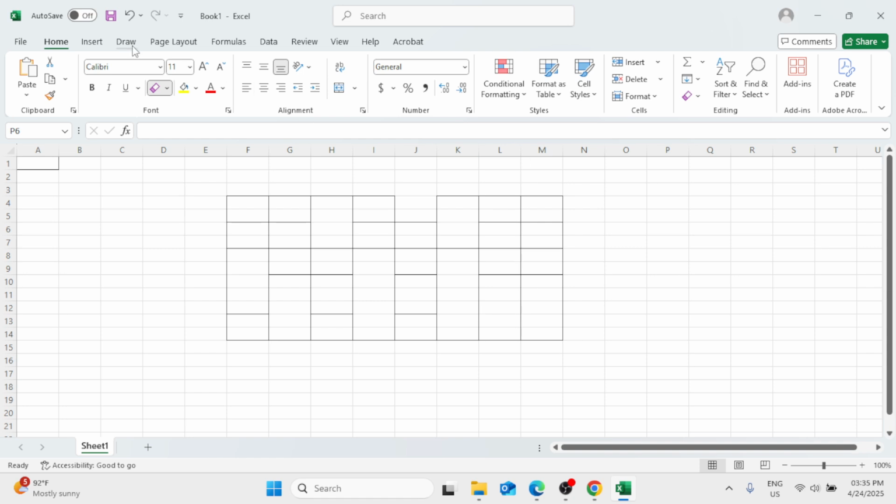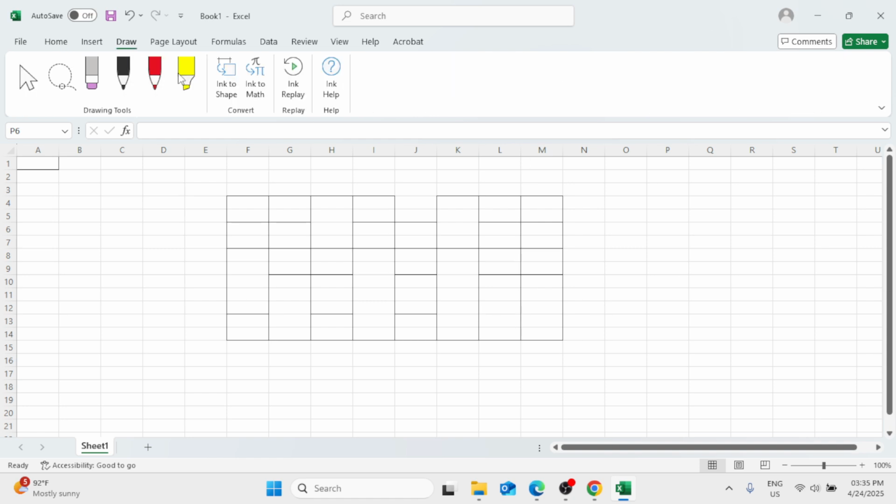Now you also have here the Draw tab. Click on that. And here you can use these tools. You have this highlighter, this red pen, and this black pen. Now, if we're going to draw something on your Microsoft Excel,